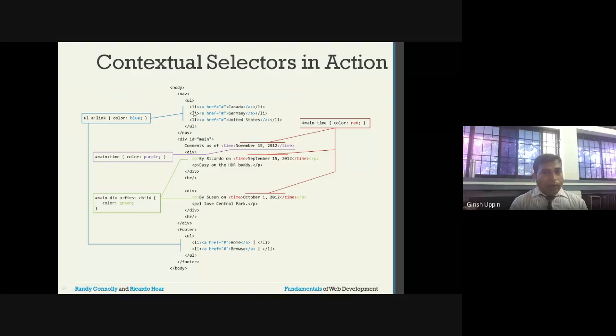Inside ul I have list items, li. One, two, three are the li, and I have a link inside each list item, that is a, and href is equal to hash, for Canada, Germany and United States.